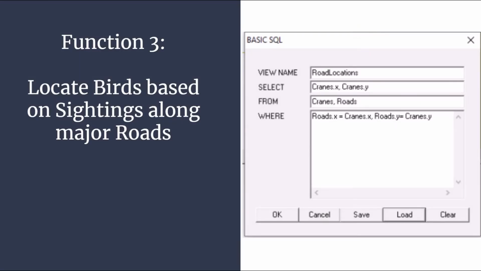So for our third function, we wanted to do a query where you can see these along the road, or where people might have been able to see them along the road and then report them to us. Now, due to the size and granularity of our map, a single pixel is actually representative of about how far a person can see from a road. With that being said, you can just do a simple x equals x and y equals y query, and you can find where on the map people were able to find these birds.